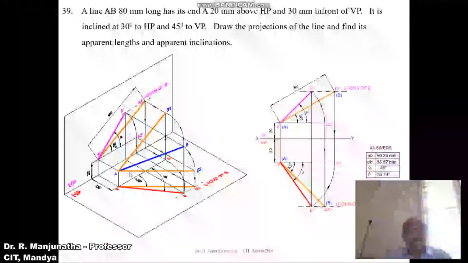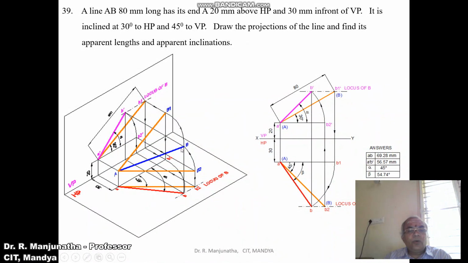Here, this is the front view and the top view. Because the front view line is inclined, the top view is also inclined. This is the top view because the front view line is inclined. This is the true length in the top view because its front view line is parallel. This is the true length in the front view because its top view line is parallel. So this is how you can analyze the problem of projections of lines wherein the true length and true inclinations are given.